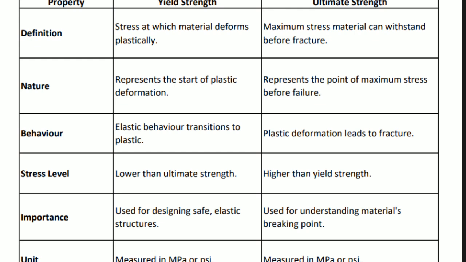And let's take another example, say Fe 550 grade steel. When a load is applied to a steel bar, it can withstand stress up to 550 megapascal without undergoing permanent deformation. This ensures the structural integrity of concrete elements like beams and columns under normal load conditions. So up to this point it is a normal condition, and whatever stress and strain is generated, when the load is not there, it will come back to the original position.